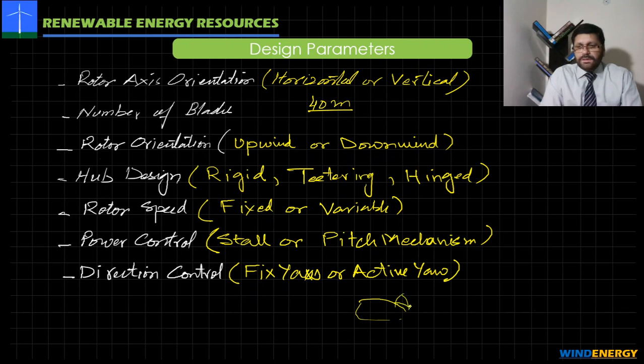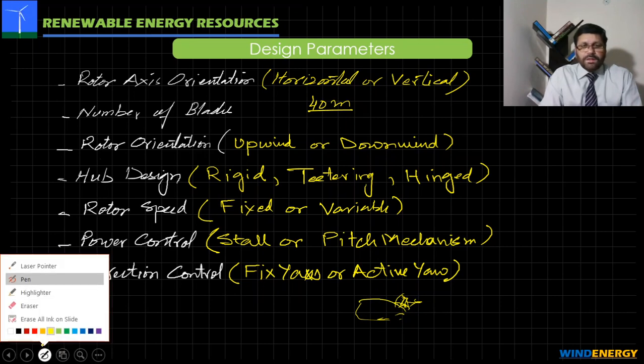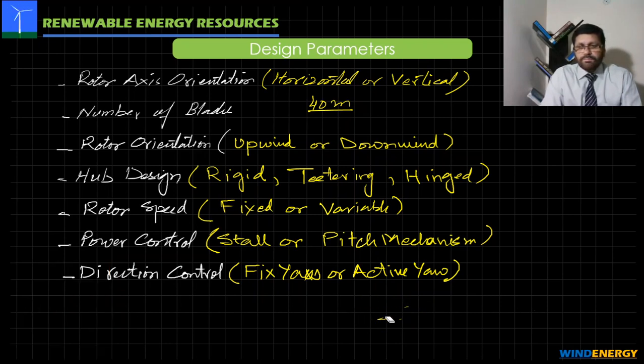This is the nacelle. So you may have the fixed one, which may be suitable for small size wind turbines, but for large size wind turbines you need an extra active yaw mechanism, where you again have sensors which give a signal to the control system, and accordingly the profile changes in accordance with the change in the direction of the wind.